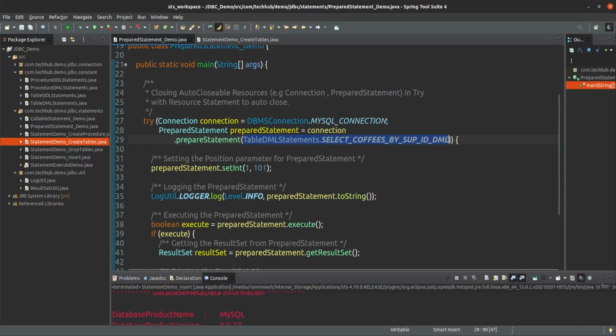Because prepared statement can execute only the same type of statement. It cannot execute multiple types of statement every time. One time when you are creating prepared statement, that SQL query will be compiled, and the same type of statement with different parameters or different inputs can be executed. So that's why while creating prepared statement, we have to give the SQL query, and this is our SQL query.